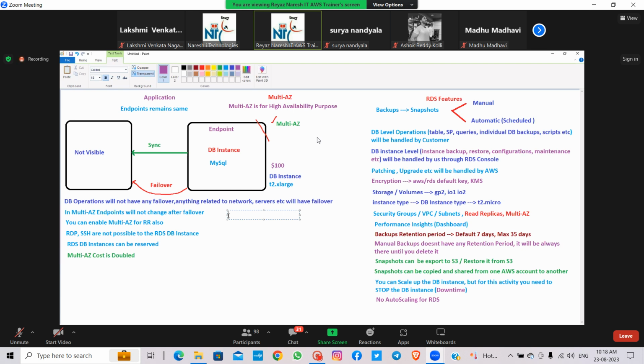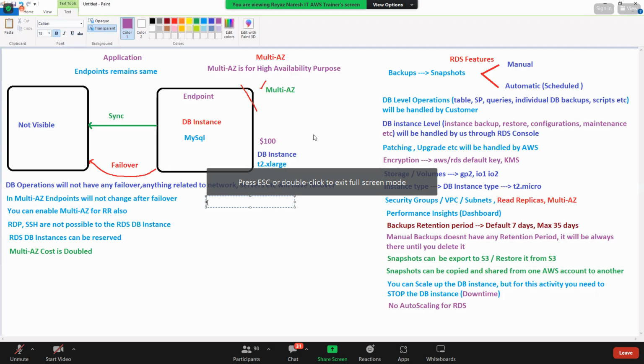Let's say you give 100 GB and set the maximum to 1000 GB. Will AWS charge for 1000 GB? No, whatever data you have, you will be charged. Now your data has reached 100 GB, will it stop working? No, it will keep increasing based on your data up to 1000 GB. That is called storage auto scaling.